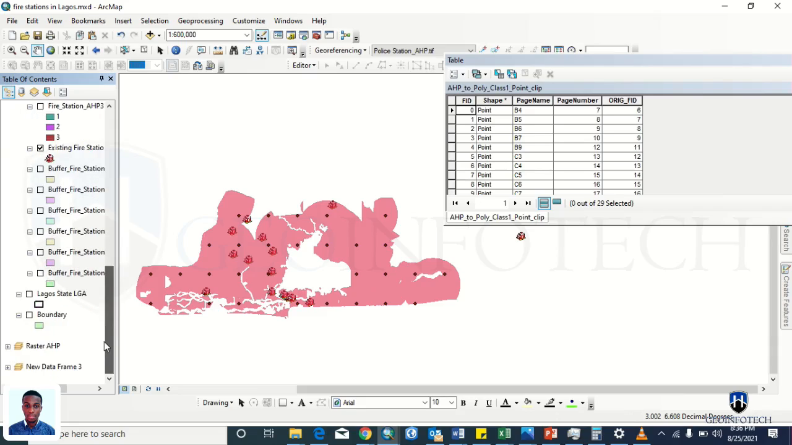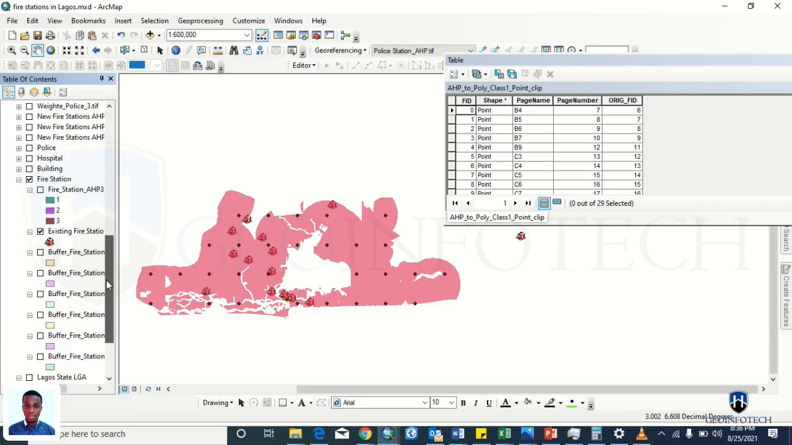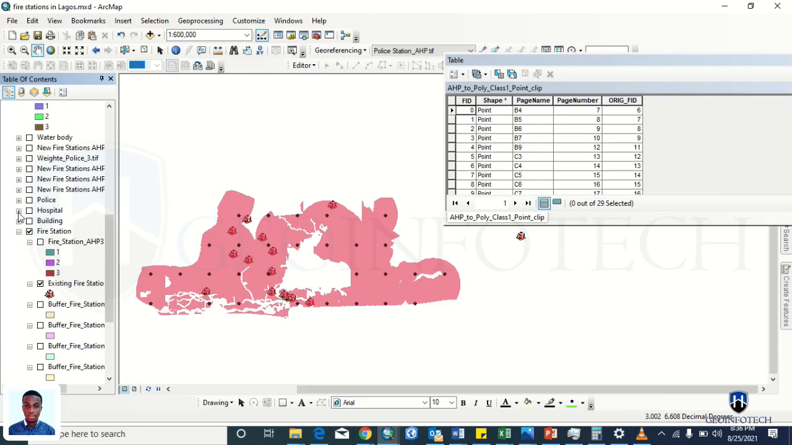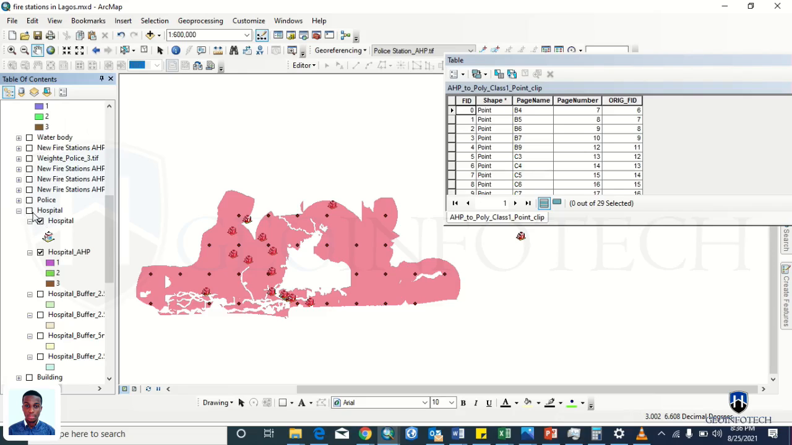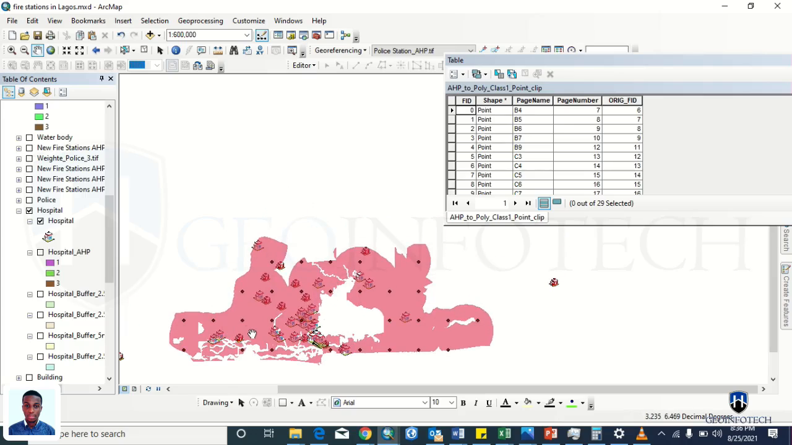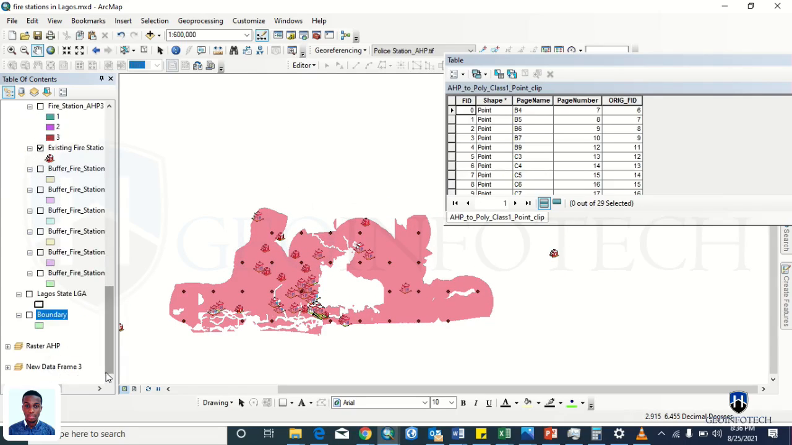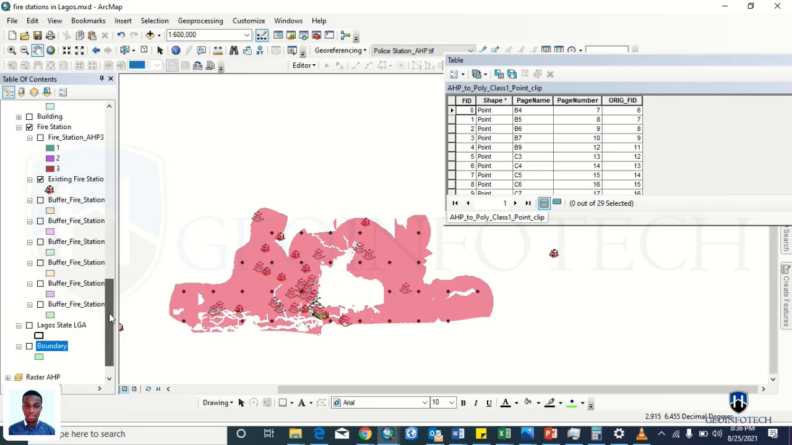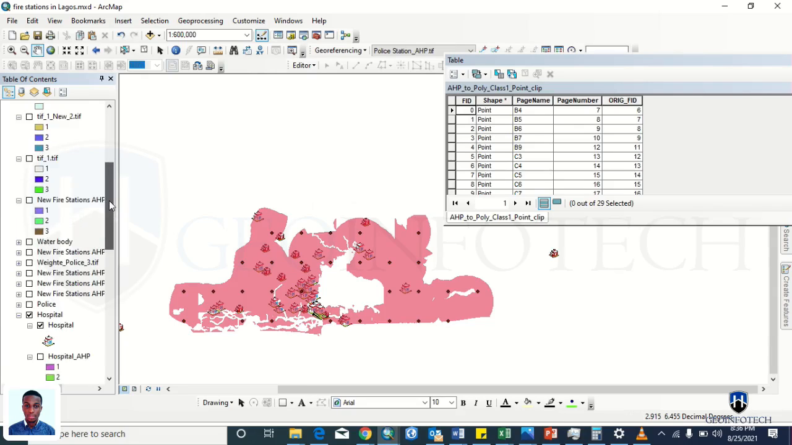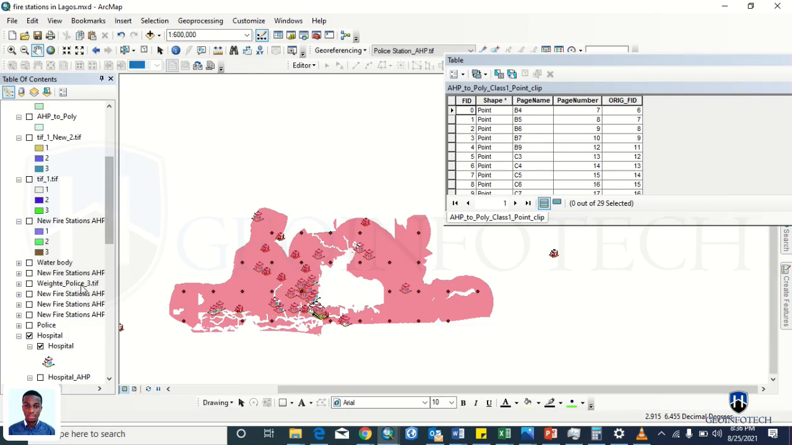And if you look at the analysis we did for hospitals, you notice that hospitals are nearby. These are where we have hospitals here. We will do analysis for hospitals later, but you can see that hospitals are not much. Generally, these are the population for Lagos State, but